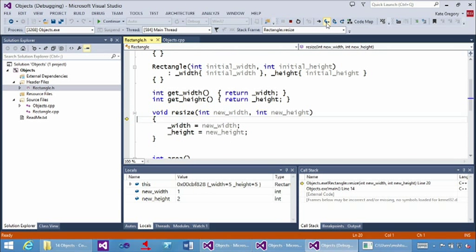Oh, I stepped into that. I meant to do that. You can watch this here. The new width comes in as 1, the new height is 2. Currently here are the old values. And then after we step through, it's worth noting that in the locals window here, you can actually see the